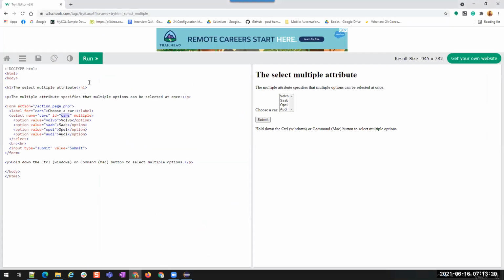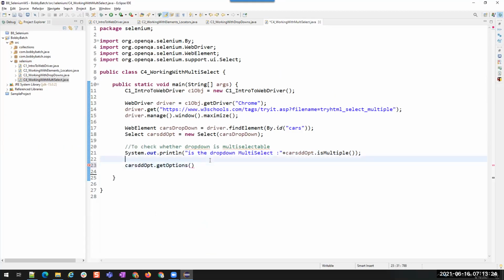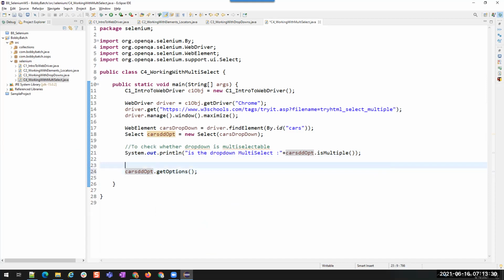Here, what are the options available for us? Volvo, Saab, Opel, and Audi. So if you want to see all the available options in the dropdown, you can use get options. In which situations do we need get options? Sometimes there might be a requirement that the dropdown should contain certain values, so you should verify whether all those values are present in the dropdown or not.